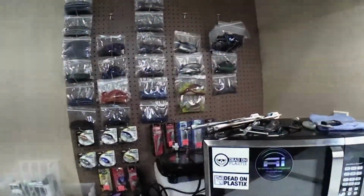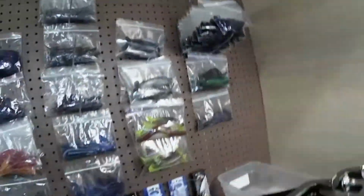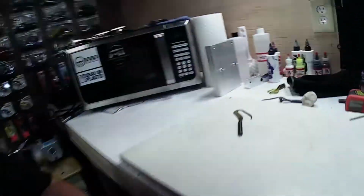But yeah, you can see we've been filling up the wall. That's those little swim baits, or those little crawfish baits. Made a ton of them the other day. Worms, swim baits, crawls, sinkos, whatnots. So yeah,